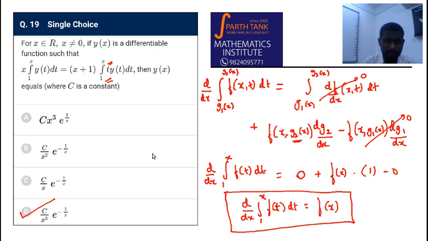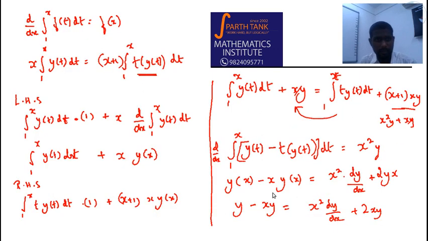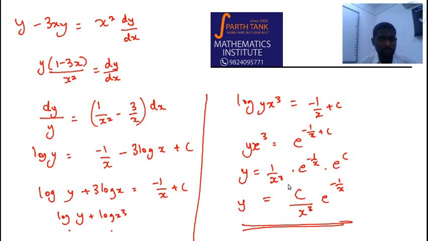So a bit intricate but not very difficult. Remember the differentiation under the integration sign, which in our particular problem becomes just f of x. Differentiating the integral gives f of x. Do the differentiation on both sides, keep in mind the product rule and simplify that term. Then do one more differentiation under the integration sign to get the actual differential equation, which can be solved easily by variable separable to obtain the answer.